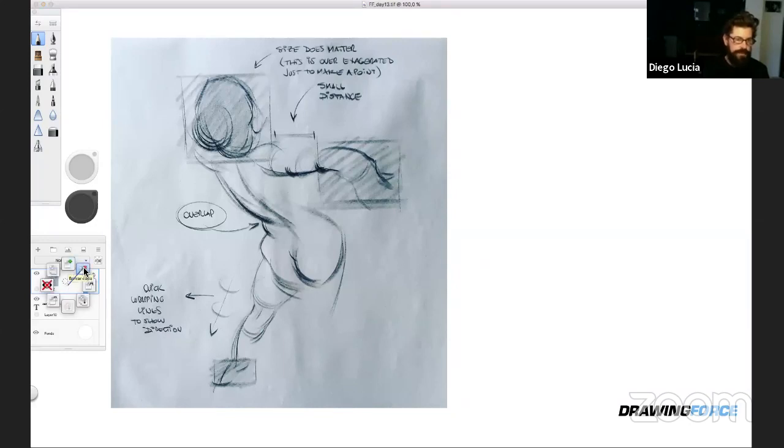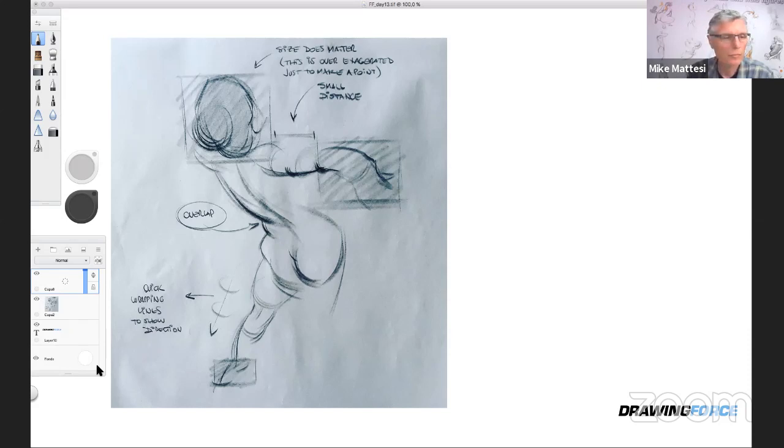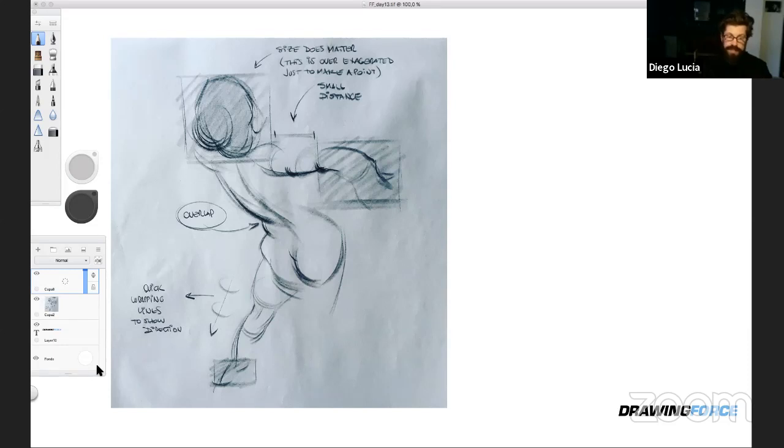Yep. And there was a question about whether it's better to use photos or live models to draw, and to start thinking about perspective and depth. The truth is, when you're using a camera to take a photo, you can use a fisheye lens, like we talked about before, and that will create a more exaggerated depth and perspective, with things that are far away looking really small and the closer things looking bigger. So that's the help of photography.